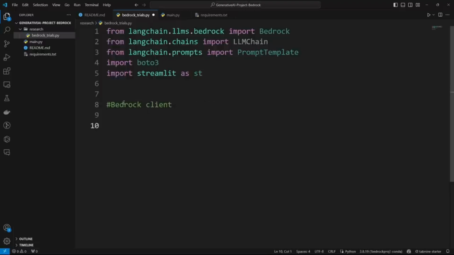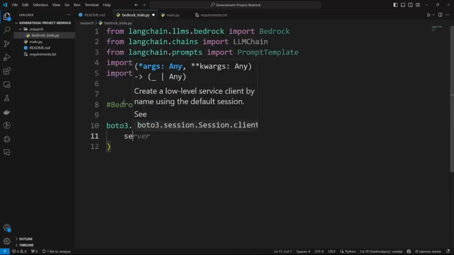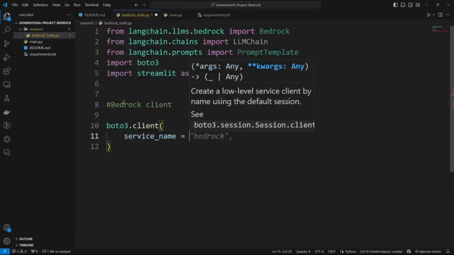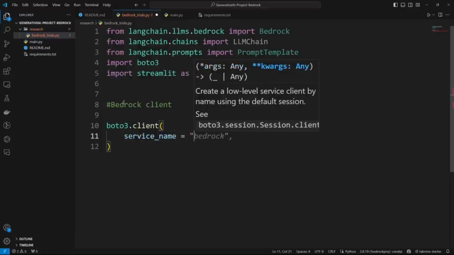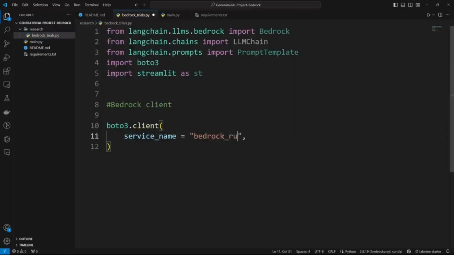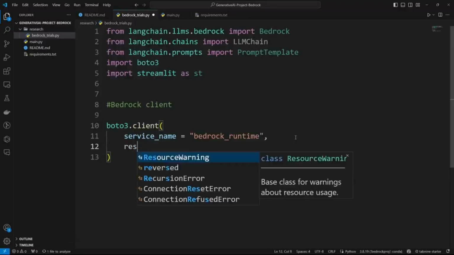So for this, I'm going to use Boto3. Boto3 dot client, and here you have to mention the service you actually want to use. So service underscore name. I want to use the Bedrock service, so you have to write bedrock underscore runtime. Then you also need to define the region,